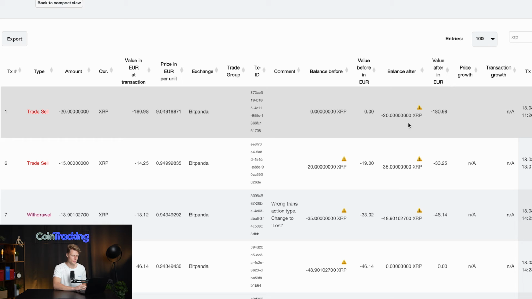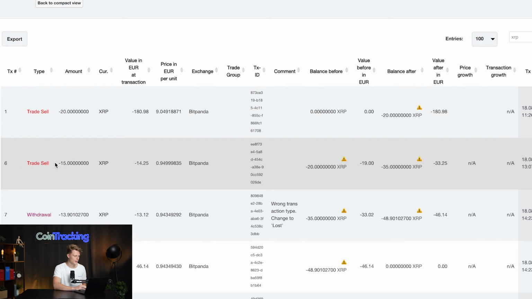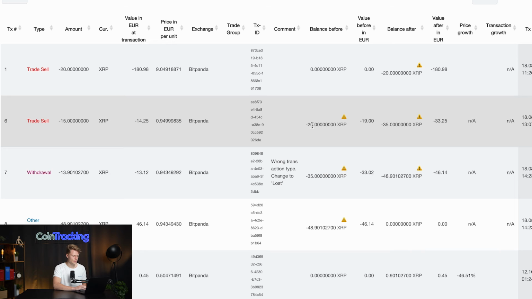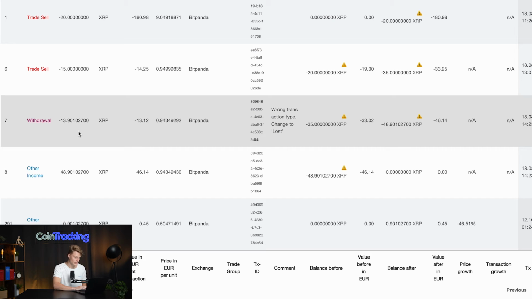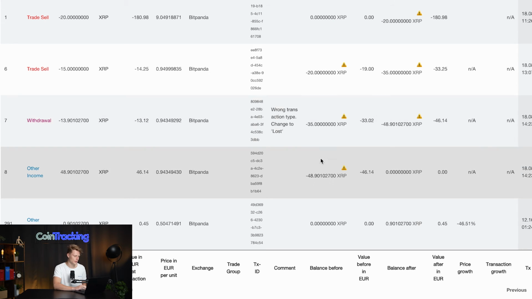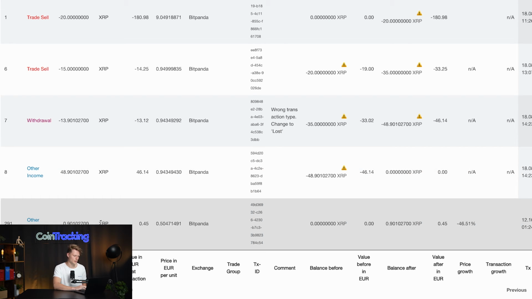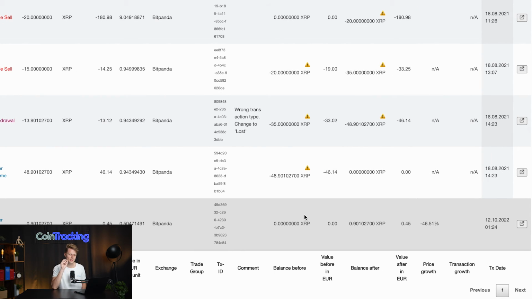The balance afterwards was negative 20 XRP. Then we sold some more, so from negative 20 XRP, it turned to negative 35 XRP. And then we withdrew some XRP, so it turned to negative 48 XRP, and go on and go on and go on. And then we received some income of 48 XRP and of 0.9 XRP, meaning most likely the timestamps